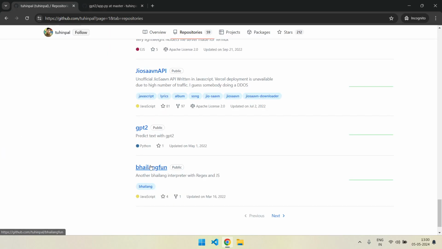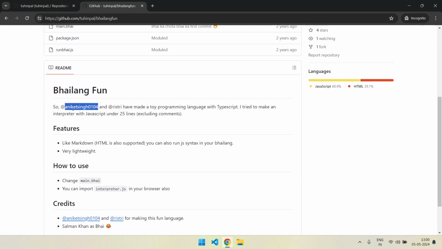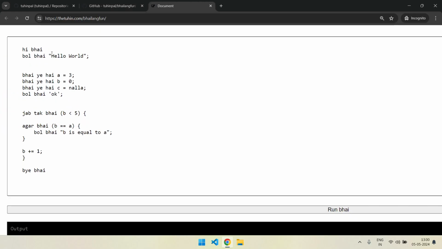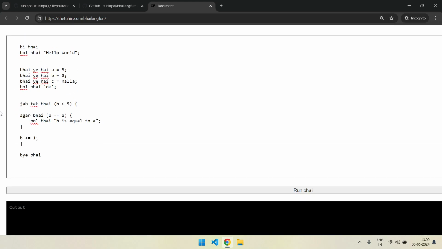Cool. Now let's do Vilang Fun. This is a great project. So there was a project that Aniket Singh and these three made, right? The project is called Vilang. What they do is you can write like hi vi, bol vi, right? You can do it, right? So they just write everything. It includes like all the